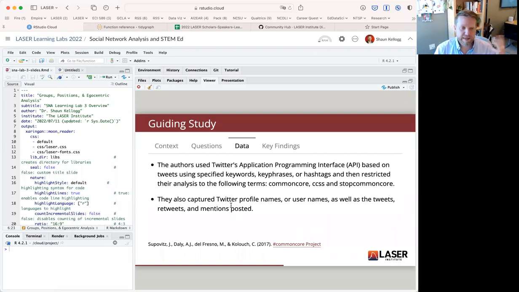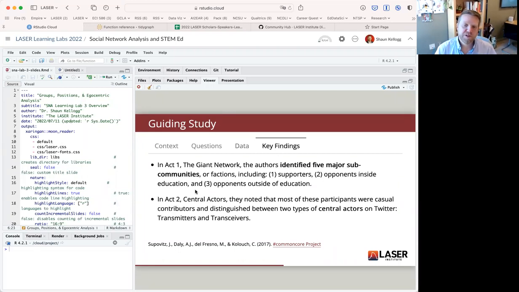They pulled tens of millions of tweets from tens of thousands of users and said, hey, what can we learn about this discussion about the Common Core from all of this data that's being spewed out of Twitter? Here were some of their key findings. I narrowed the key findings down to those specific and pertaining to our discussion about groups and key actors in a network. I think, Melinda, you nailed it earlier in the beginning: it was in their communities, these community detection algorithms that they were using to identify groups within a network, specifically larger groups. They identified about 5 major groups or